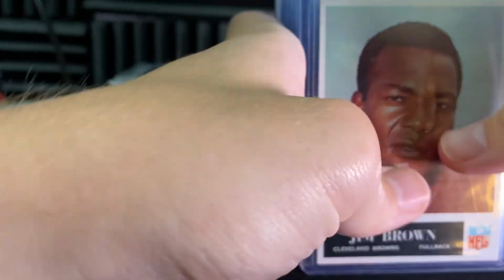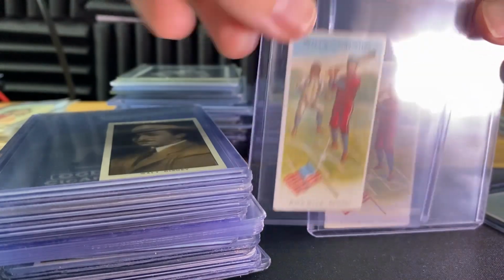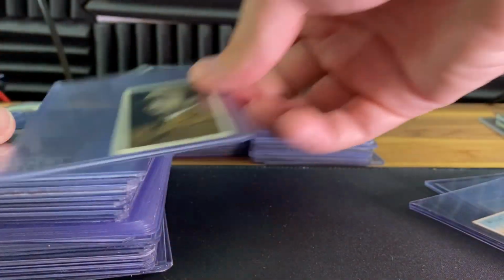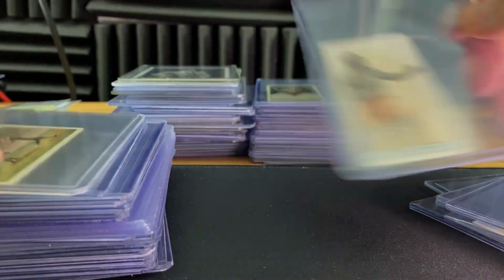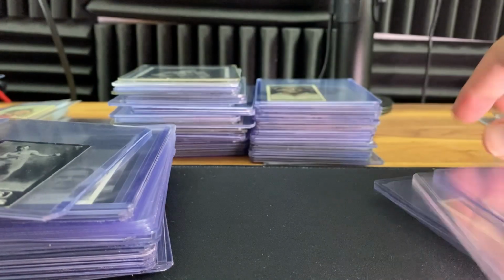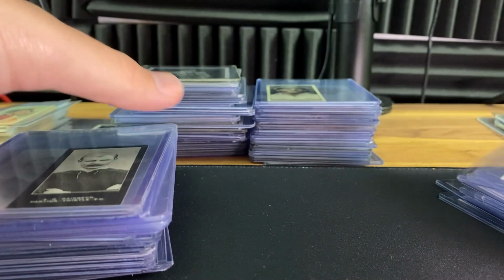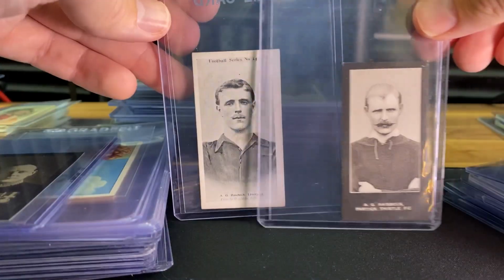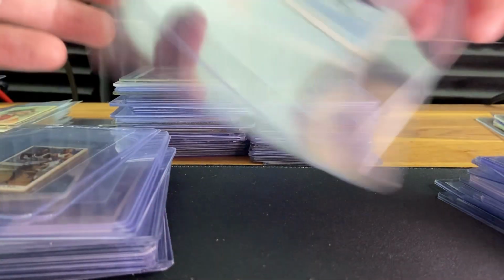Stack number 3. Brown, Bulls Baseball 1901, Walt Disney, Sullivan, Johnson, 2 Ruths, another one of these baseball ones over here, Jeffries, super nice Bradman, 2 nice Raisbecks, Churchill looks really sharp, 2 Earharts,